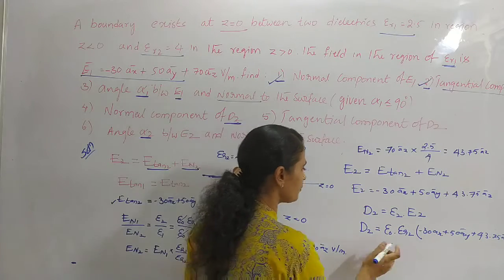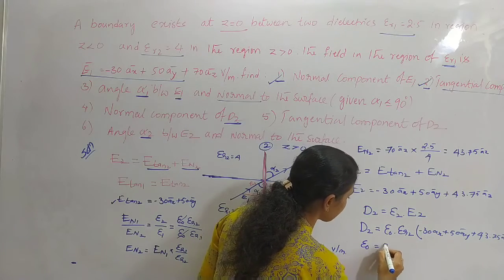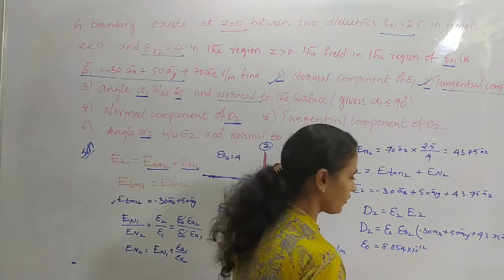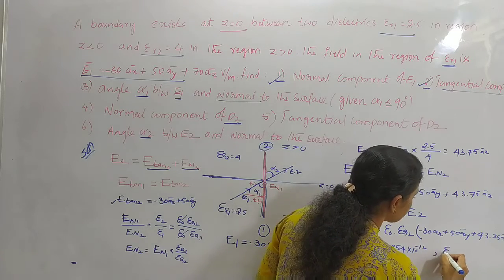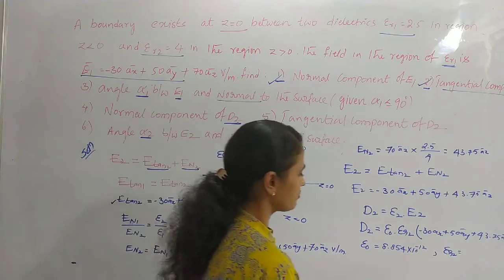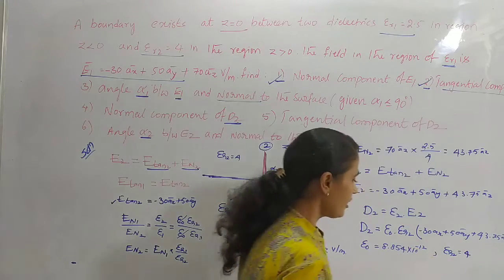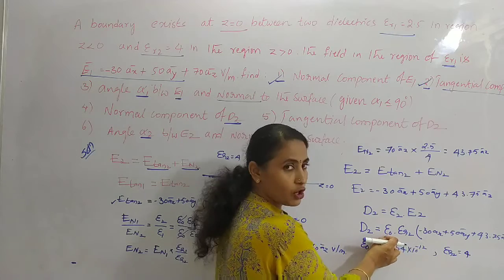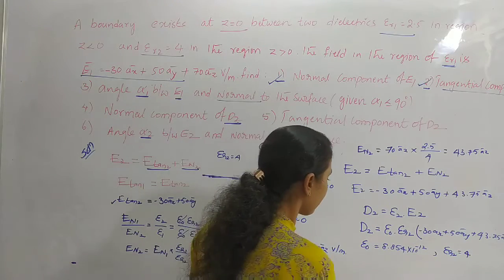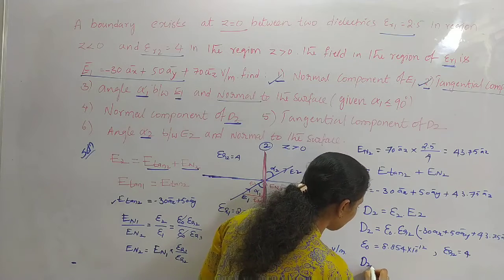Substitute epsilon naught as 8.854 into 10 power minus 12, and epsilon r2, the relative permittivity, is 4. Now substitute epsilon naught and epsilon r2 and multiply with E2, then you will be getting D2 as